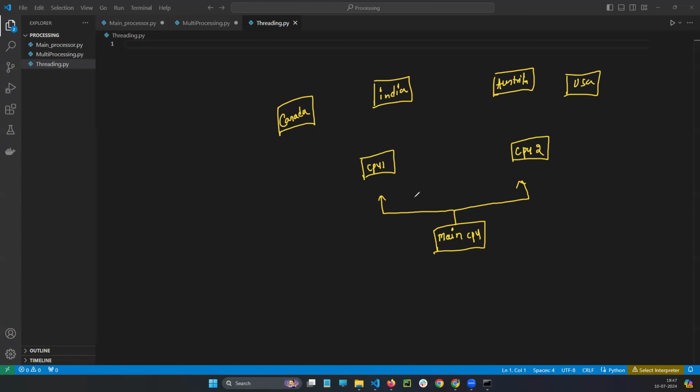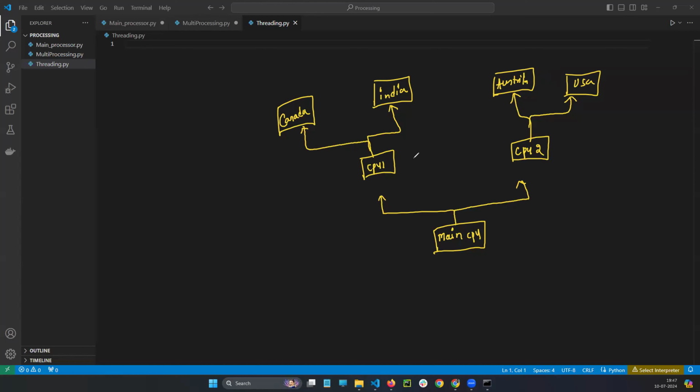The main CPU is there now. Using the main CPU I created 2 different CPUs. I am telling CPU1 to run the Canada function and the India function. I am telling CPU2 to run the Australia function and the USA function. Now what happens is, see guys, in Python the most important point here is